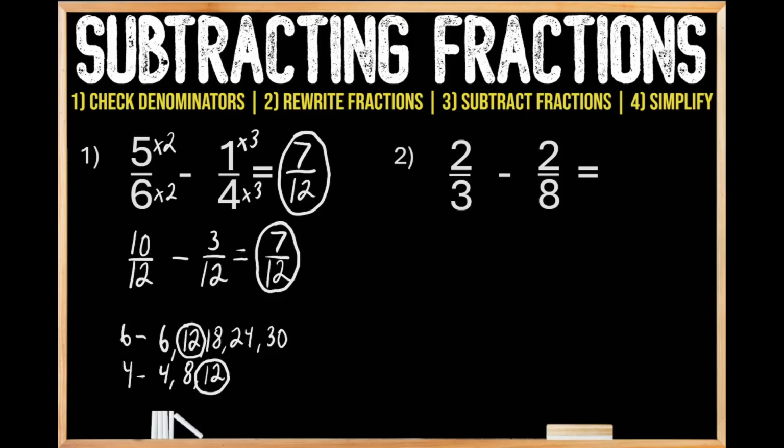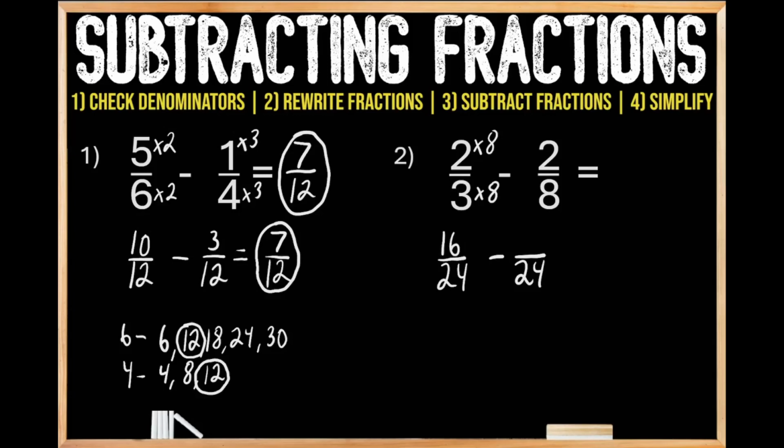So down below, we're going to rewrite these fractions with a common denominator of 24. And remembering, we need to keep these fractions equivalent, so we need to do the same thing to our numerator up top that we did to the denominator in order to get the denominator of 24. For the first fraction, we had to multiply our denominator of 3 by 8 in order to get the common denominator of 24. So we're going to do the same thing to our numerator up top. And when we multiply 2 times 8, we get 16 for the equivalent fraction of